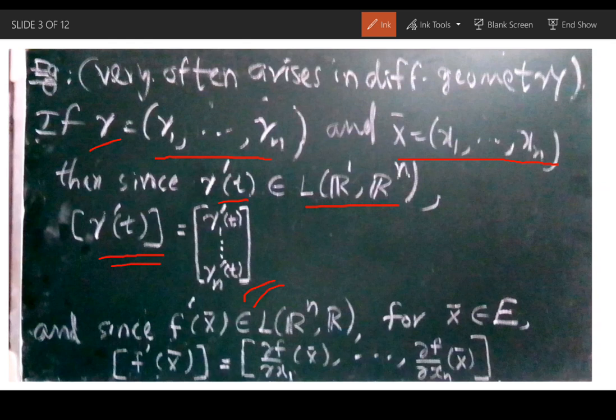നമ്മൾ കഴിഞ്ഞ ക്ലാസ്സിൽ കണ്ടു the derivative of a linear transformation can be computed in terms of the partial derivatives. ഇവിടെ partial derivative എന്ന് പറയാൻ ഇവിടെ ഒരു വേരിയബിൾ ആയിട്ടുള്ളൂ, gamma of t. t is the independent variable, but gamma has got components, gamma 1 etc., gamma n. അപ്പോൾ നമുക്ക് ആ componentsന്റെ derivatives എടുക്കണം. Those derivatives become the ordinary derivatives. Ordinary derivatives are gamma 1 dash t, etc., gamma n dash t.